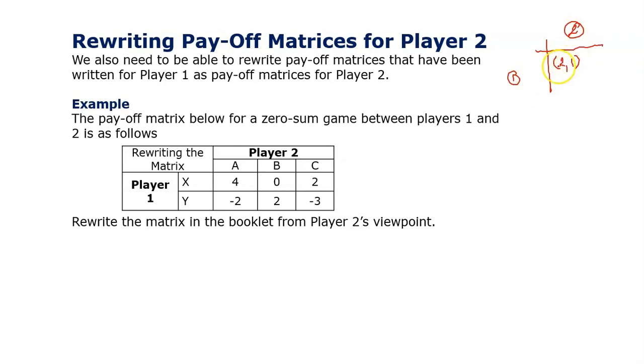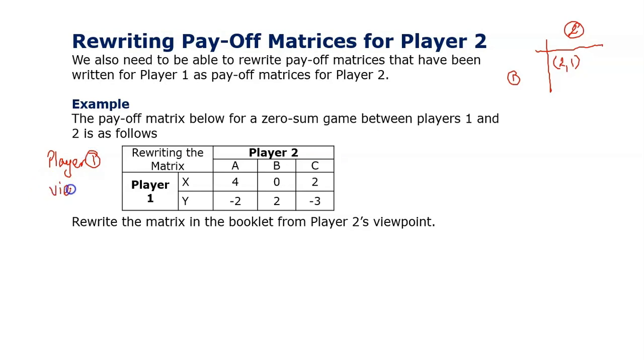And in this game, because it says 2, 1, player 2 would win 1. But I don't particularly care about this. I want to know about the matrix in this scenario very often for player 1. So it's quite common here. You can see this payoff matrix below for a zero-sum game between players 1 and 2 is as follows. And this will be, if there's one number, almost certainly from player 1's viewpoint. So this is for player 1,